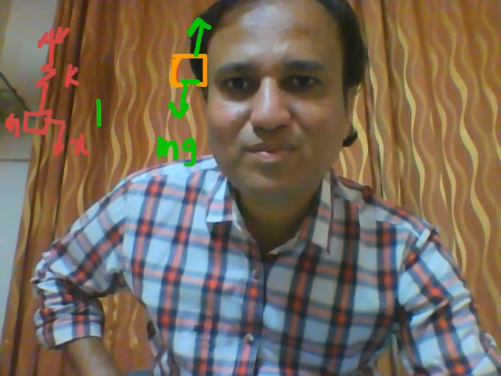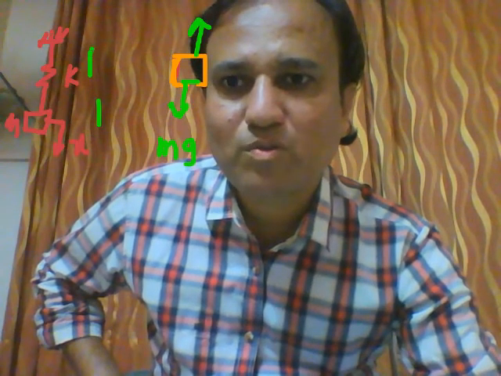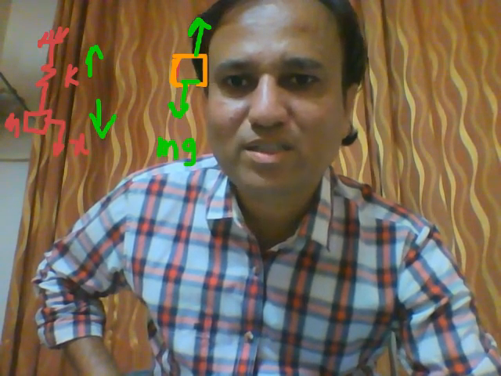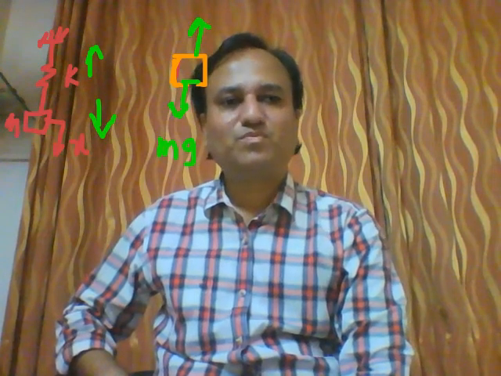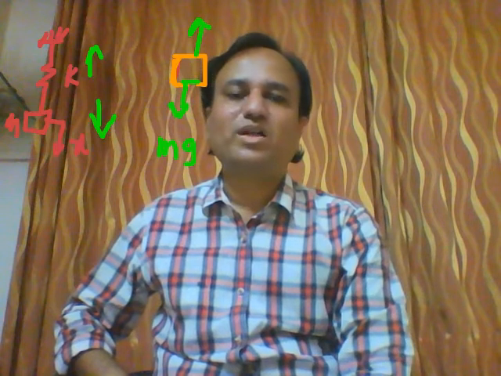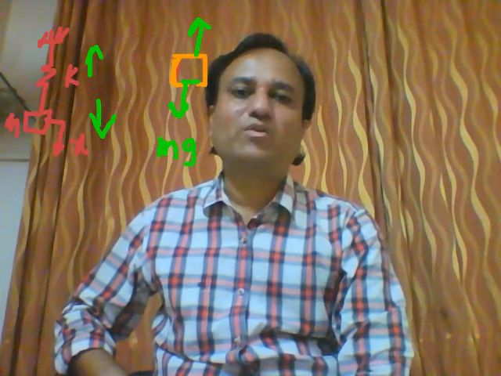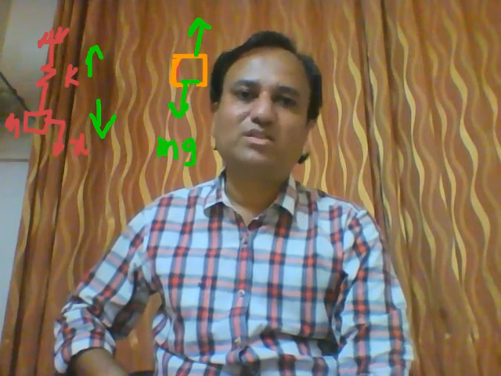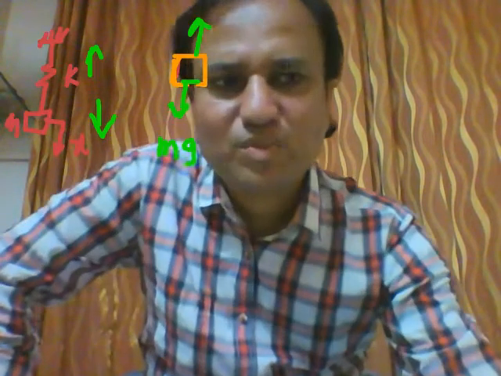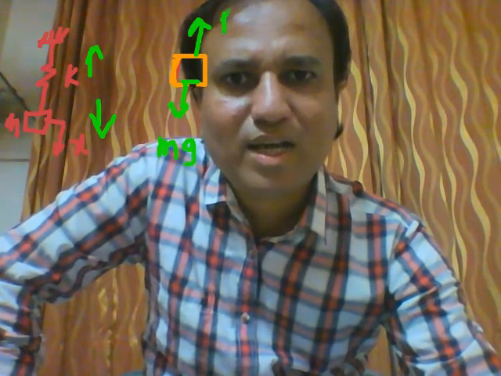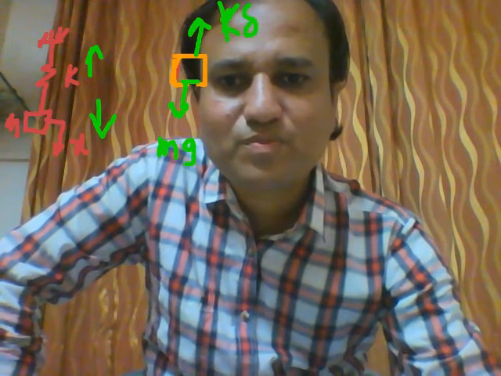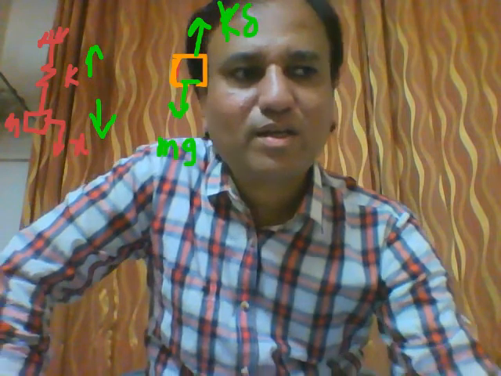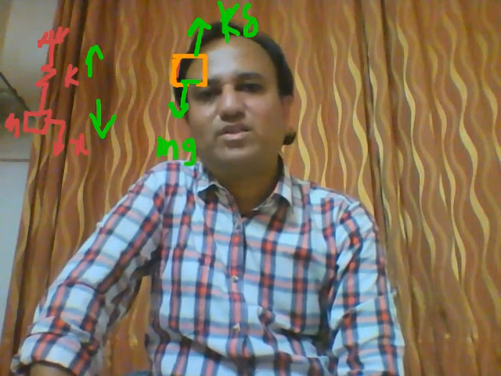So upward force will be the spring force, right? So spring force will be in upward direction and downward direction, weight of mass. Every component has its self weight, okay? So that self weight will exert some force on the system. So spring force will act in an upward direction, weight will act in a downward direction.